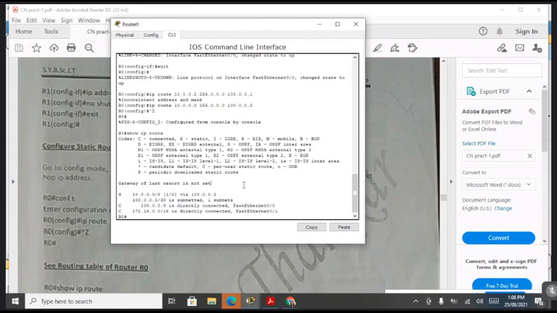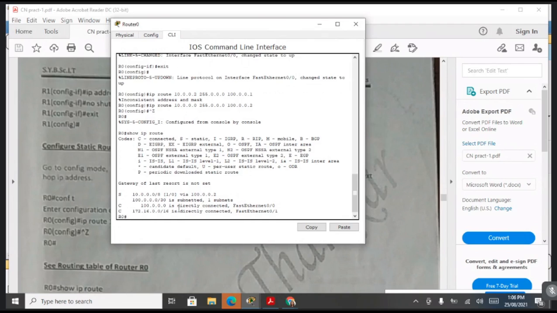And this is the connection, already connected with FastEthernet 0/0 and FastEthernet 0/0, connected with router 0 to router 1 and router 0 to switch 0. So we get this information when we show the IP route table.